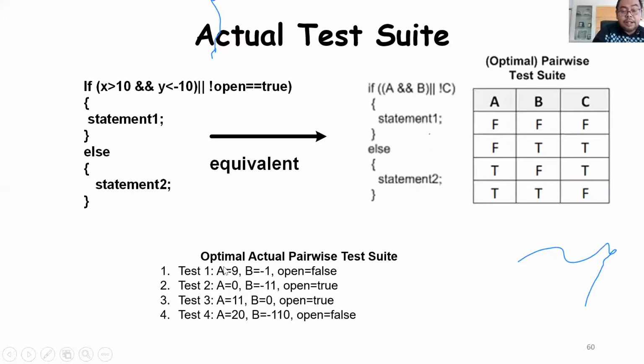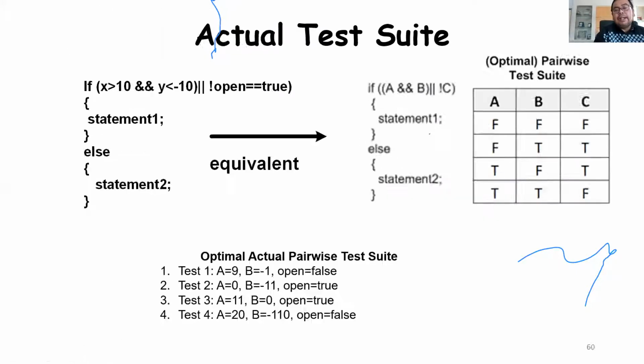Again, excuse me, this actually should have been X, this should have been Y. Okay, and this is actually the optimal test suite that you want, if you want to use this to test the expression given like this. Okay, now